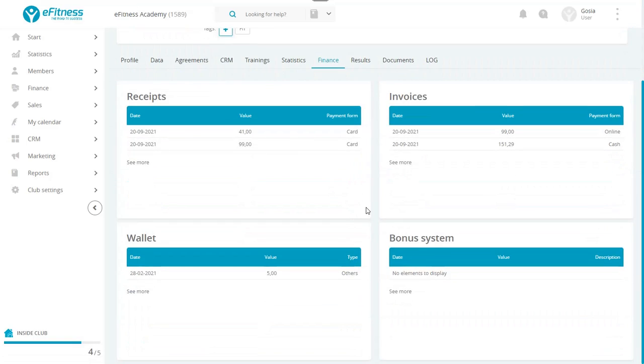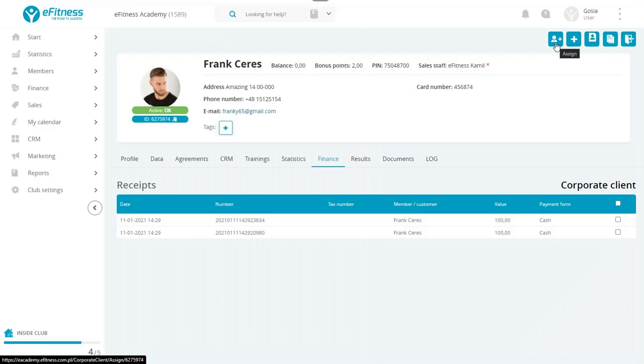In here, you can see 4 independent sections: Receipts, Invoices, Wallet, and Bonus System. Each section can be accessed by clicking the See More option. Receipts. In here, you can see all the receipts that have been issued for the member. From here, you can assign the member to a company, or, if it does not exist, add it into the system. Additionally, an invoice can be issued from this section, or the Invoice section itself can be accessed from here